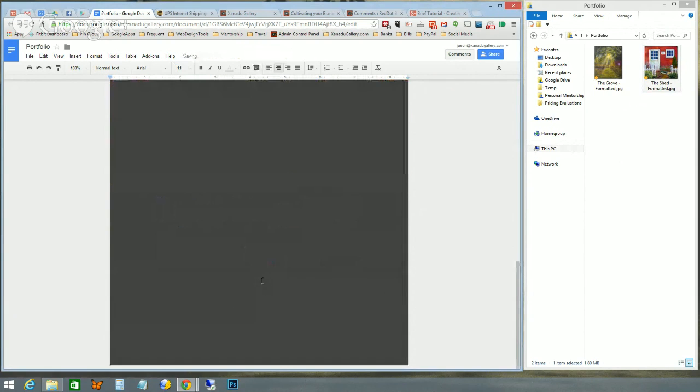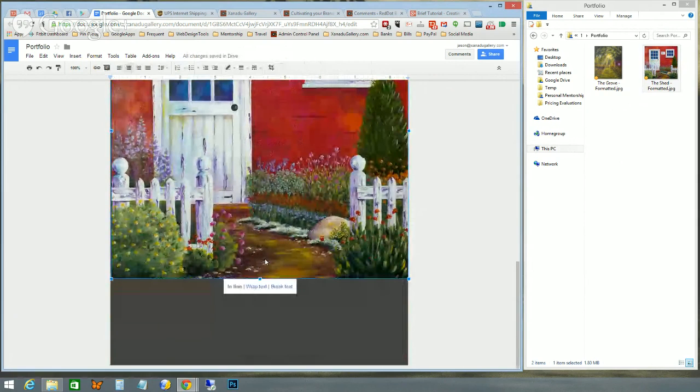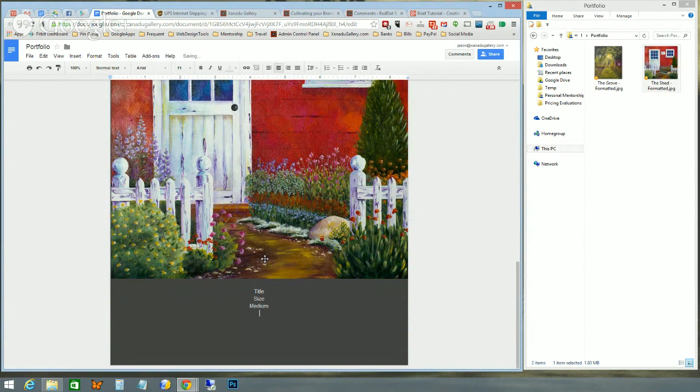I'm using it on the cover, but I also want to be able to put the information about the piece of artwork. And so, again, I'm hitting my right arrows to deselect the piece of artwork. I hit Enter a couple of times, and now I can put the title of the artwork, the size, medium, and I'll put my price